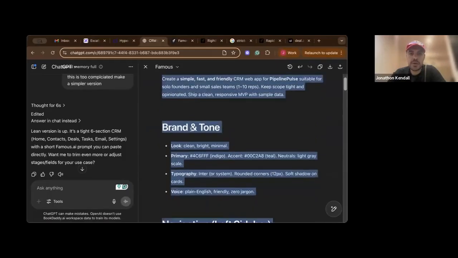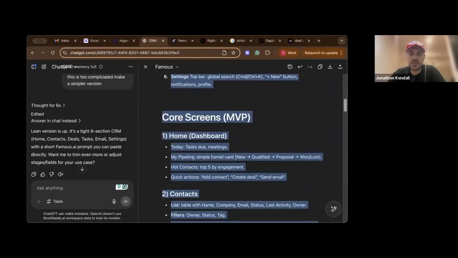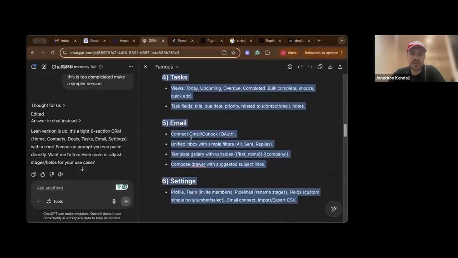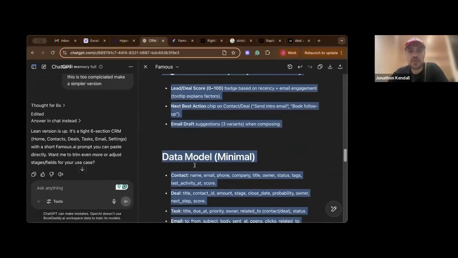essentially all of the different left navigation, which is usually how it is. Here's the core screens, contacts, deals, tasks, emails, settings. I'm not going through this in hardcore detail. I just want you guys to get an understanding of how I would approach this. You're going to see that in the next 15 minutes, we're going to have something that we could launch. It's not ready. It won't be ready. It won't be real, but it will be real enough that if we send traffic to it, we can collect emails. And if we collect emails, then we essentially have a potential user base that is ready to launch.